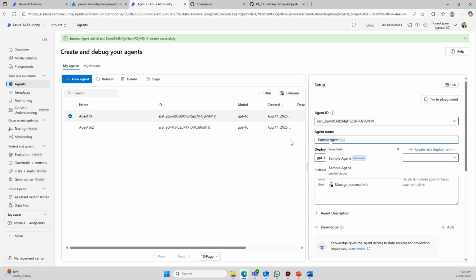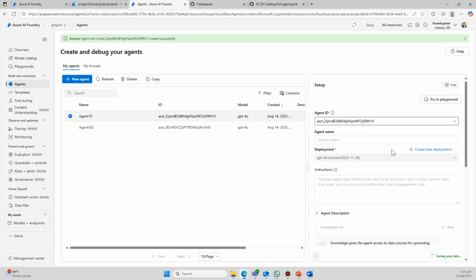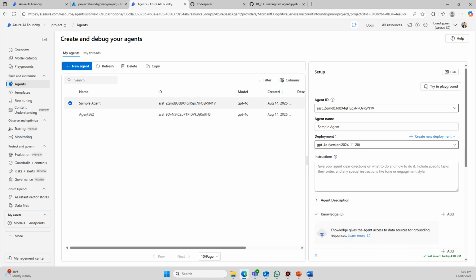So in this case, sample agent. And more importantly, we specify instructions for the agent using prompt engineering. In this case, we'll keep it simple for now. We'll put here ERNA assistant.